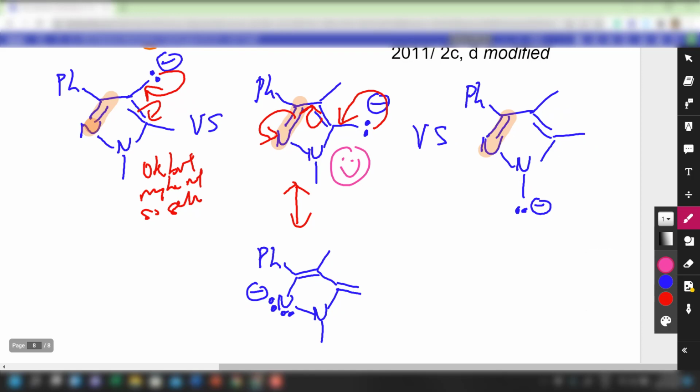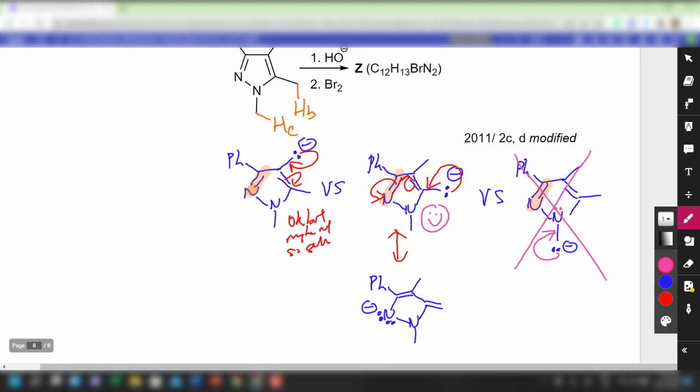Again, the third one is not possible because there's a lone pair here, not to forget. I can't push this in, because if I push this in, then the number of electrons around the nitrogen center will be 10. That means something has to be pushed away. So what can be pushed away? The sigma bond has to break. But breaking of a sigma bond leads to fragmentation, which is obviously not desirable. So this should be the most unstable one, and we should not even consider it. Okay, then with that,